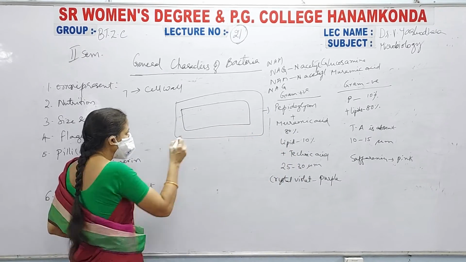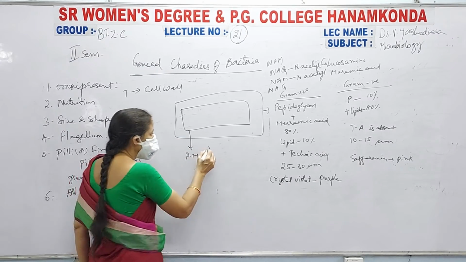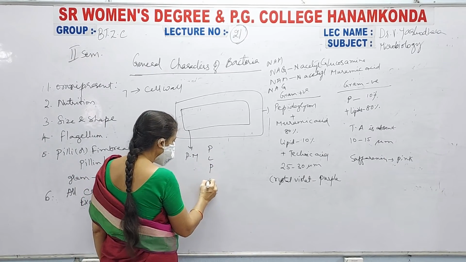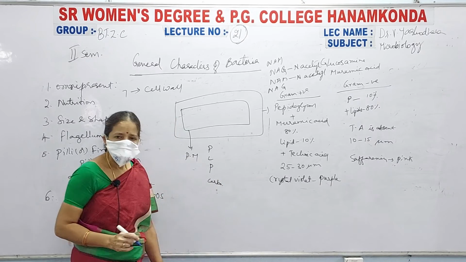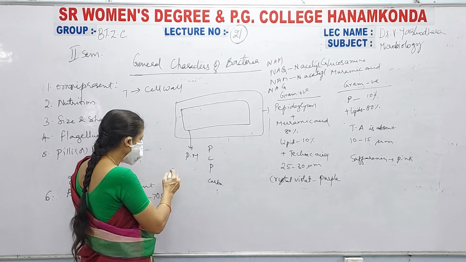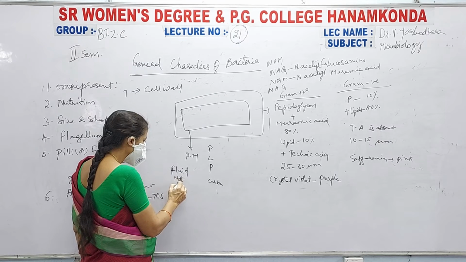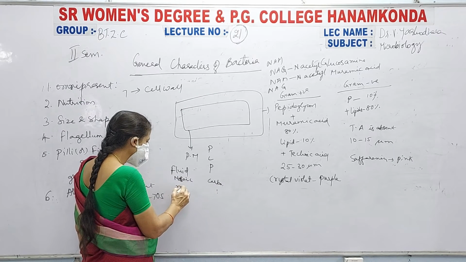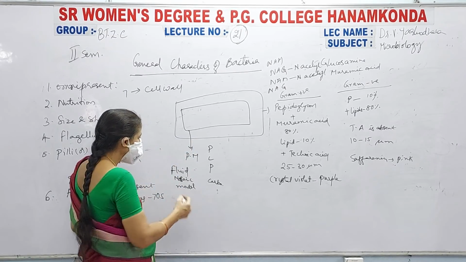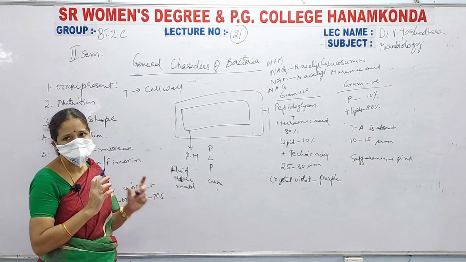Coming to the plasma membrane. This plasma membrane consists of a protein, lipid, protein layer along with carbohydrates. And this lipid protein layer shows the fluid mosaic model. All of you know that. It shows the fluid mosaic model of your plasma membrane, where it consists of intrinsic proteins and extrinsic proteins which are embedded in the lipid layer.